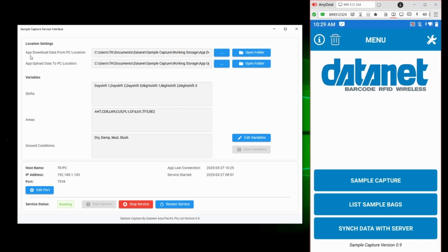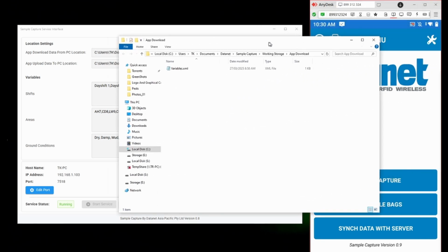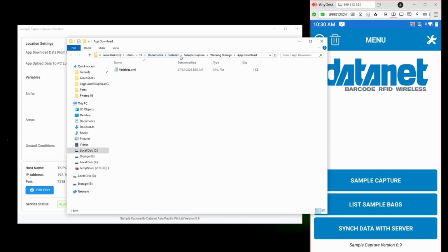The first option is where the application will go looking for its variable data, and the second option is where the application will upload its collected data for storage on the computer. We can choose each of these directories using the Browse button, and we can directly open the folders using the buttons here. In this case, this is my working path,